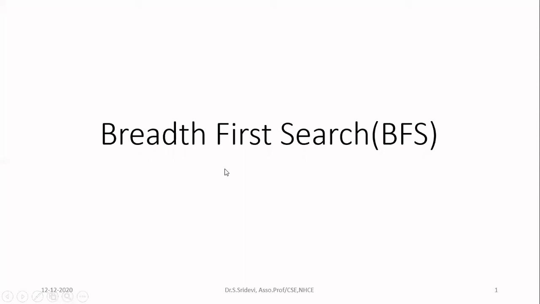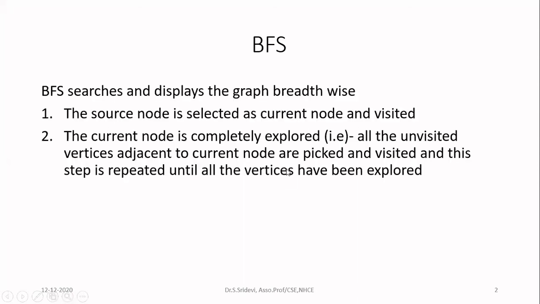This class we are going to see about breadth first search. So in case of breadth first search, we are going to start from the given vertex of the graph. After that, we'll be considering which are all the nodes we can search or visit from that particular given node. And in this, first you are going to select your source node as the current vertex.